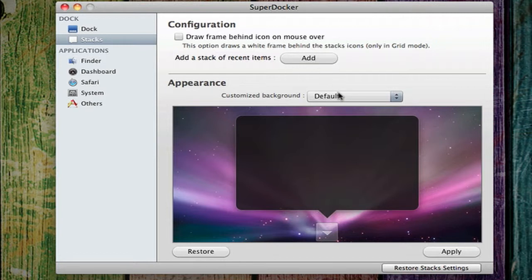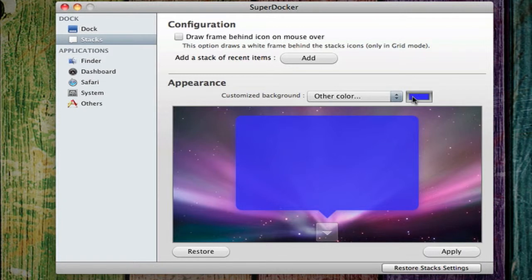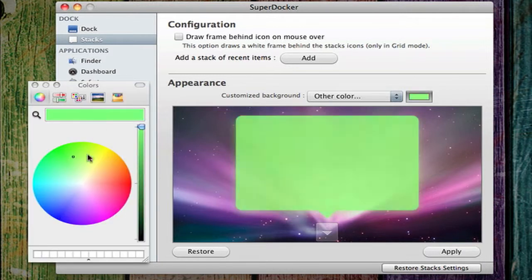Now for customizing the background, meaning you can change the color of your stack, same goes for Snow Leopard. When you change one of these, if you use a color, you won't be able to have this little transparent edge right here, just to let you know. So you can pick any colors right here, or you can choose another color right here. Like I'll choose this color,